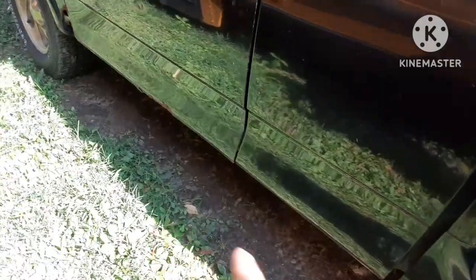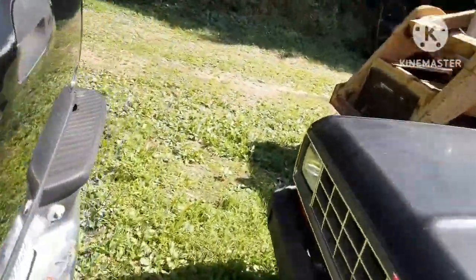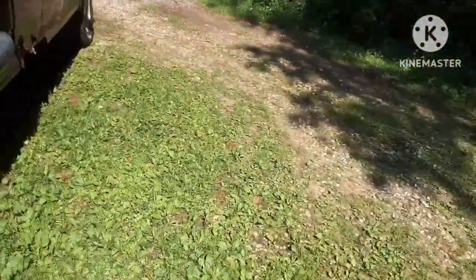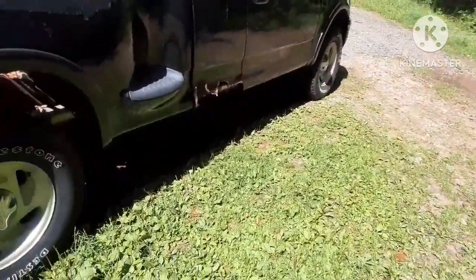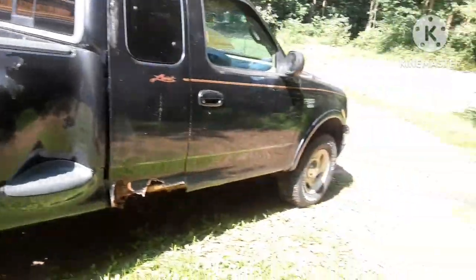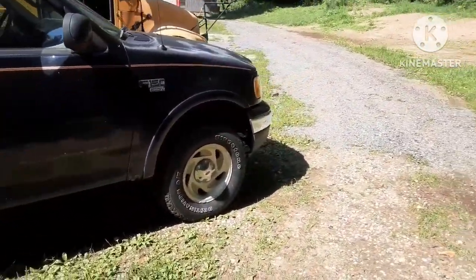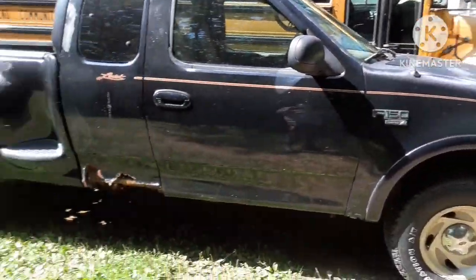But see, the rockers are off of it. Finally got those cut off, and the rattling is gone. Ended up being a broken exhaust mount, but the frame is getting pretty dang bad, and I'll insert 2 pictures in here of how bad it's getting,